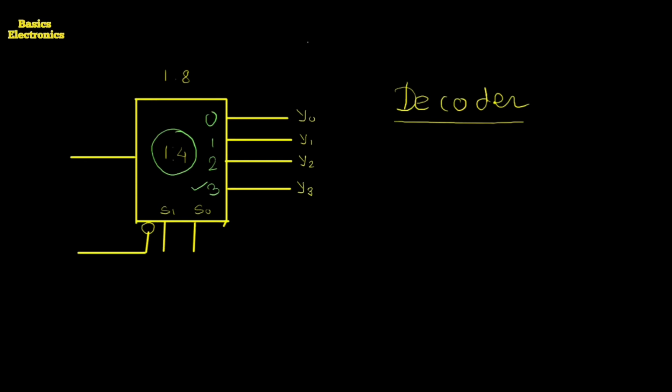So here one equation is given. That equation is like this. If only one equation is there, then they write F equals to summation of mean term in bracket the digits. That digits may be 0, 2, 3, and so on, whatever it is. So we have to identify the decoder or the demultiplexer which we required to use. If two equations are there, then it is F2 equals to summation of mean term, then some digits are there. Okay, so this is the equation.